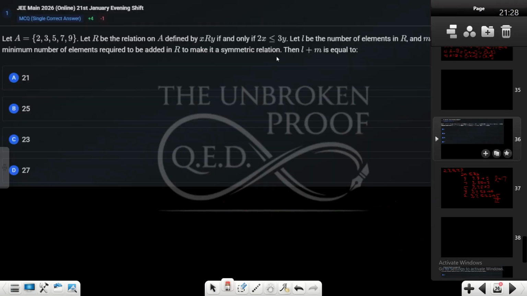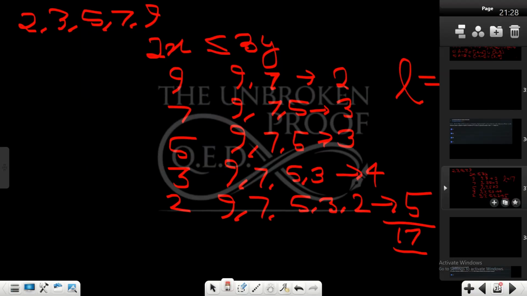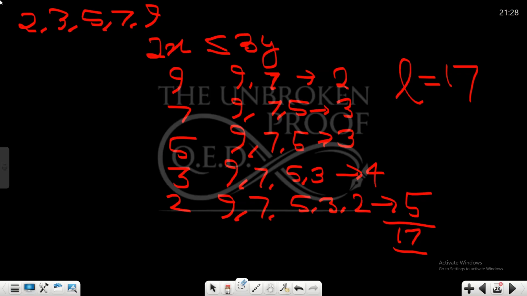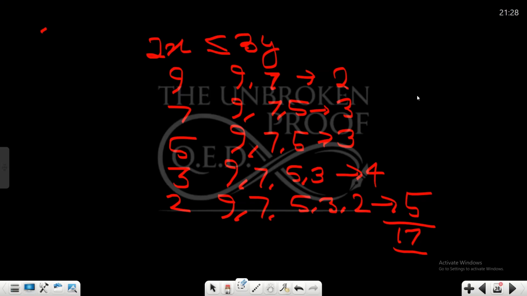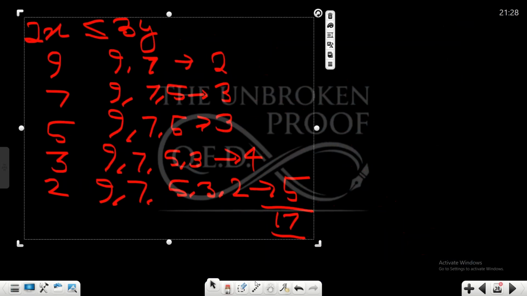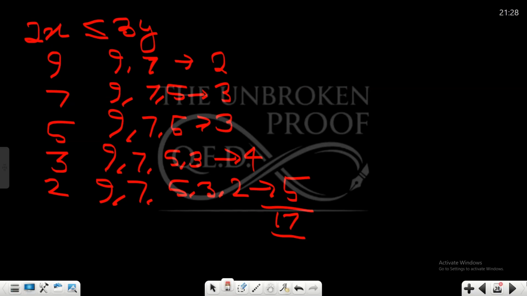Now M is saying the minimum elements required to make it symmetric. Okay, now let me copy paste this. Let me remove these things. Now if you see here we have the cases. Now we have to see which elements are not in symmetric. Now if you see 9, 9 not required, 9, 7, 7, 9 is there, 7, 7 not required, 7, 5,